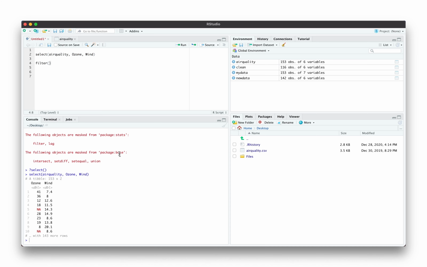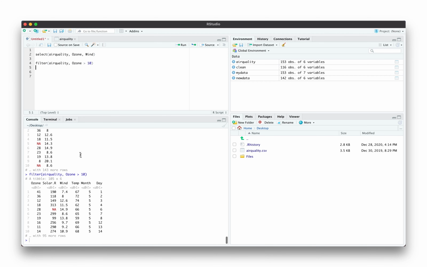Filter acts upon rows. Filter, again, is like logical indexing. You can do logical indexing with filter. Again, we give it a data set or some sort of object to work with, and then we have to have some sort of condition. And upon entering that, it's going to print out and filter airquality based off Ozone value being larger than 10. So again, similar to the square brackets, how we were using logical indexing,